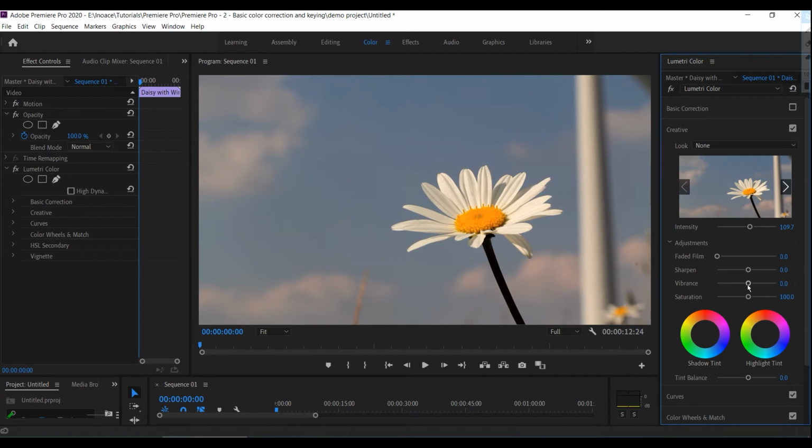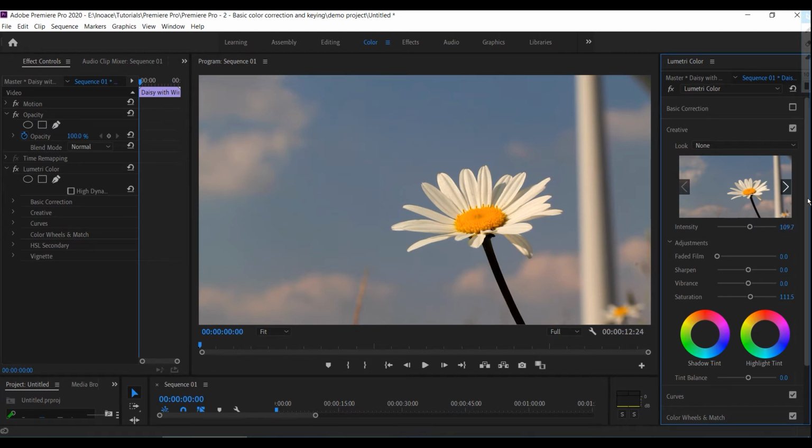Then we have this vibrance and saturation. So first let's see what saturation does. It's increasing the amount of color in the clip, but vibrance is kind of the same. And how this applies: in saturation, the color is saturated mostly on the colored parts, but vibrance will try to add color and saturation to the parts which are not very colorful. So we can understand it easily like this, that saturation is enhancing the effect, while vibrance is trying to force every color to be saturated.